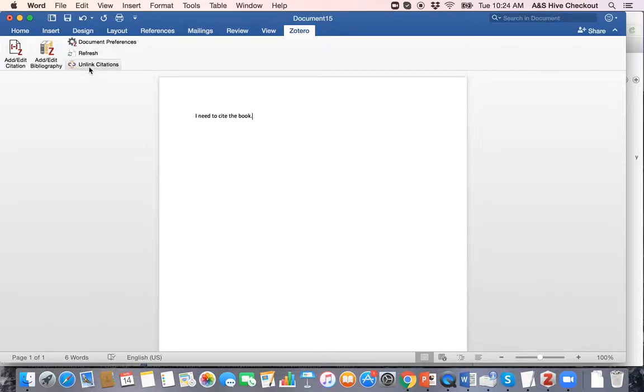So I'm going to cite this in Chicago, but if then I needed to submit this to some publication that uses APA, I wouldn't have to do any of this manually. I would actually hit like one button and it would do it for me. It would just switch everything from Chicago to APA. But for now, let's not get ahead of ourselves. Let's just add a citation here. I click add citation,